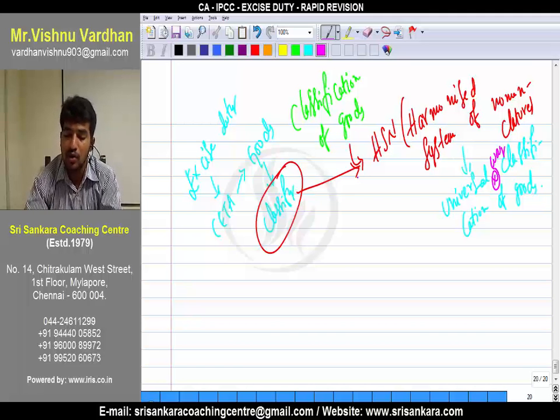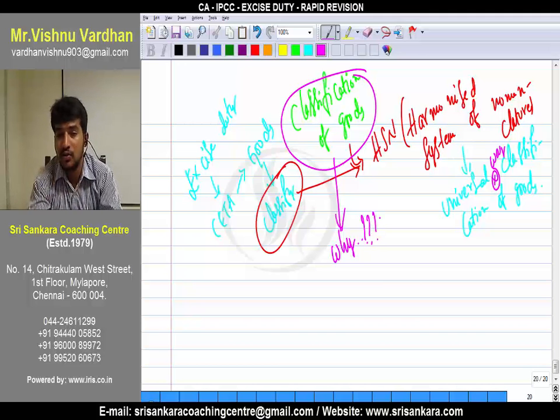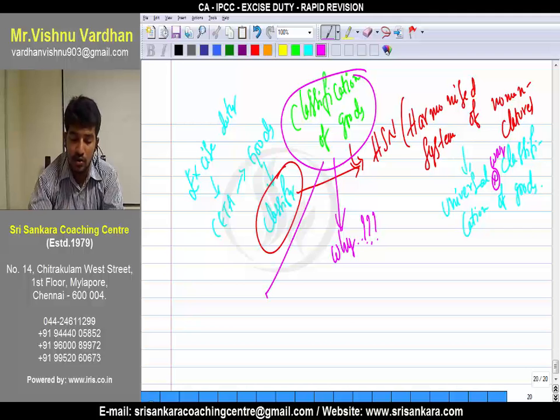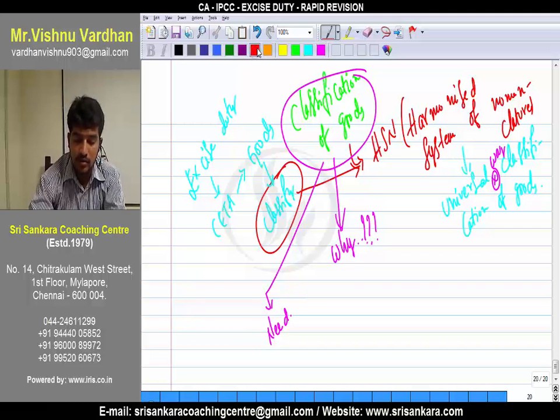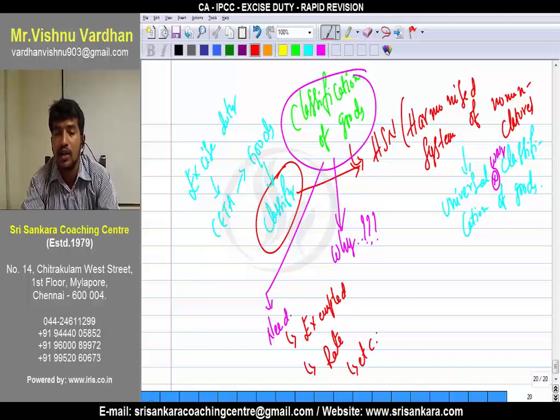Clear? So okay, classification of goods is there. Why this is required? They are classifying the goods. Clear? Why they are classifying the goods? Actually, for classifying the goods, the need is to determine whether the goods are exempted from excise duty, to determine what is the rate. Clear? So like this, there are some different issues for which the classification is necessary. Let us assume